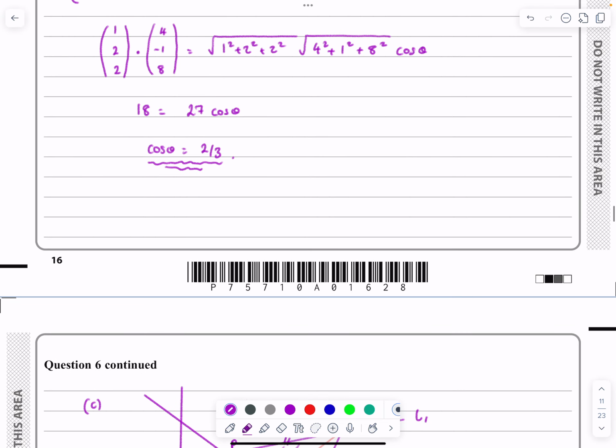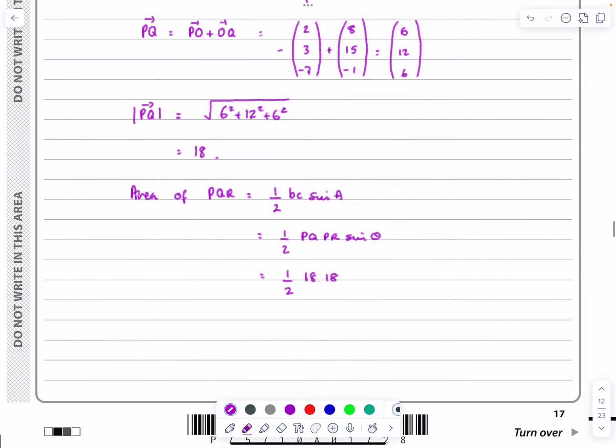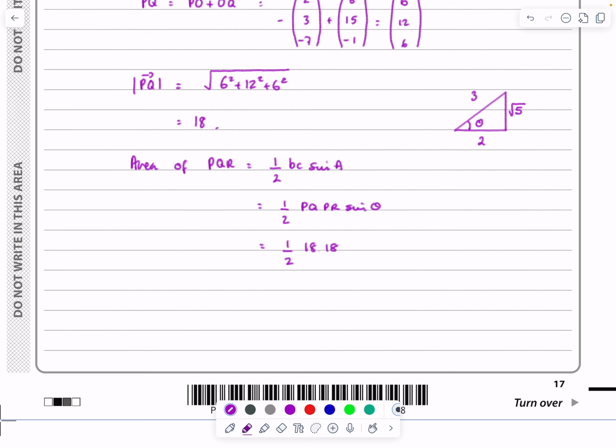Well, if we go back here and we know that cos theta is equal to 2/3 up there, to work out sine theta, really quick. So for theta, we know that cos theta is 2/3, adjacent over hypotenuse, using Pythagoras. I'm not going to spend ages over that. That would work out to be √5, and so sine theta then would be opposite over hypotenuse, would be √5/3. So then tidying all that up, half times 18 times 18 times √5/3, that makes 54√5 as the area of